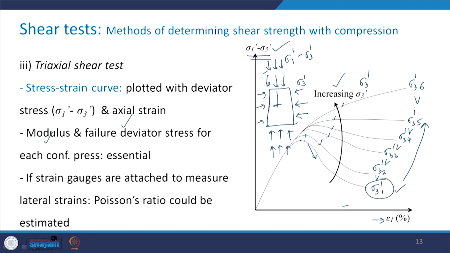So if we have mounted some device here to measure these lateral strains, then from the triaxial shear test data, we can also determine the Poisson's ratio for the rock. So not only the axial strain, but the lateral strain can also be measured. It is just that we have to mount the strain gauges in that direction in order to measure the strains